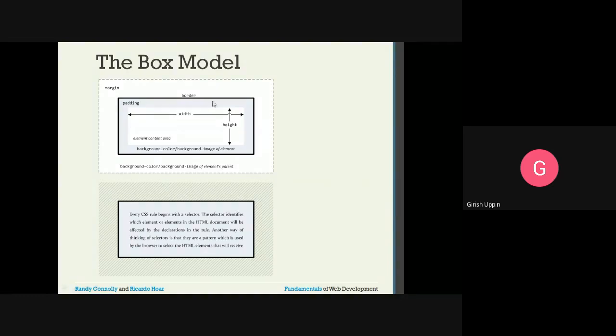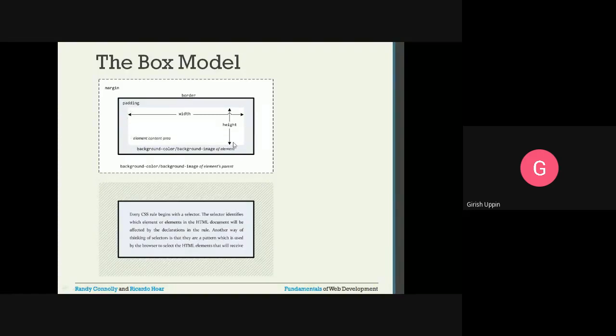And this is the actual element box, and this is the actual element content area. What you are seeing in this box is the HTML actual content area. What does content area mean? Where you want to display the content. This is the actual area that you can specify with the width and the height.